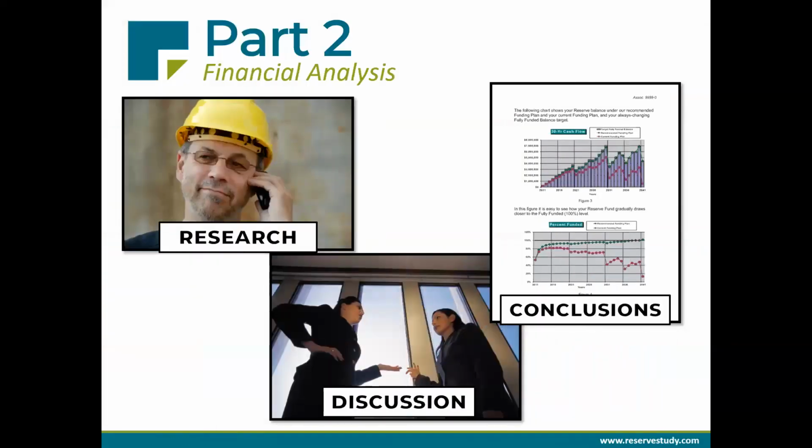Okay, the second part of the process is that financial analysis. This is the part that takes place back at the office, where we organize all that data, we compile it, we start analyzing it. We'll be doing research for particular cost history or project history to understand when things have been done. We compare that information with our experience working at similar properties, and then we kind of fill in the gaps. We start to draw some financial conclusions and actually put the recommendations for that client together.